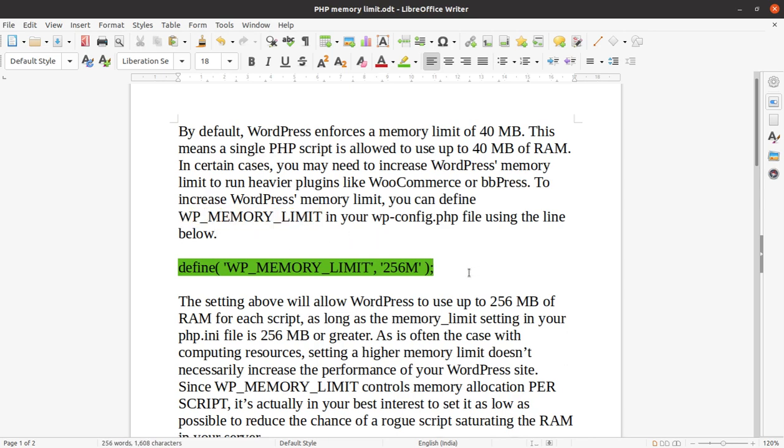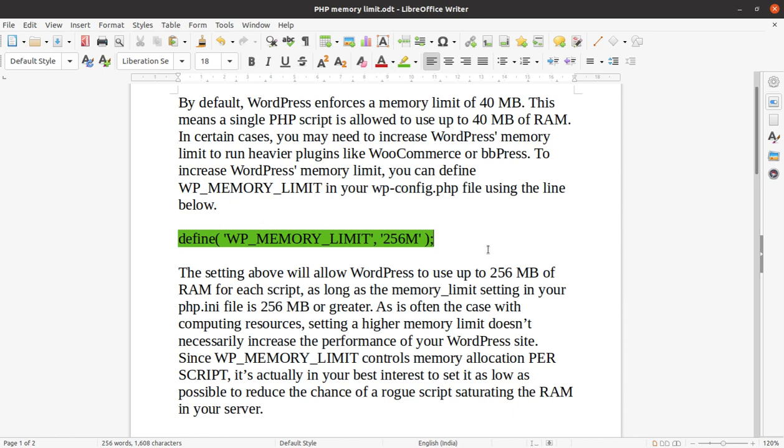In this case we can increase the WP memory limit up to 256, which is what I recommend. Why I am not recommending a higher memory limit in the WP memory is also very important.